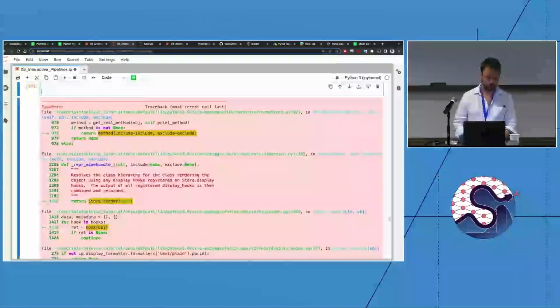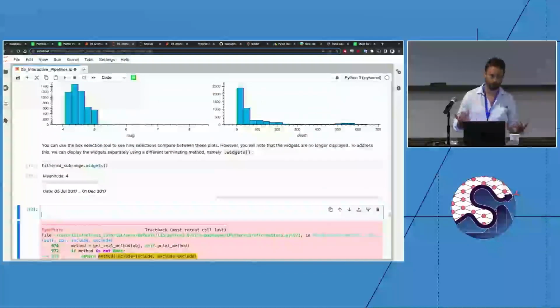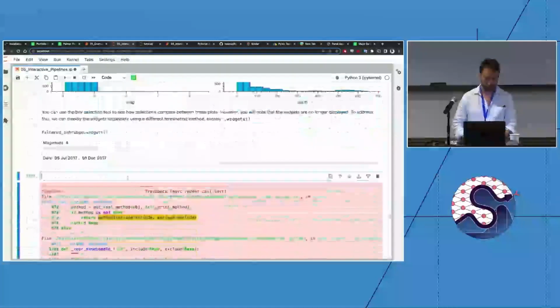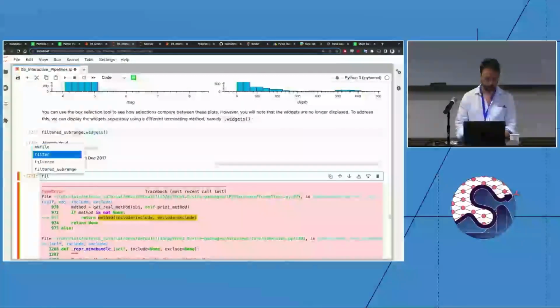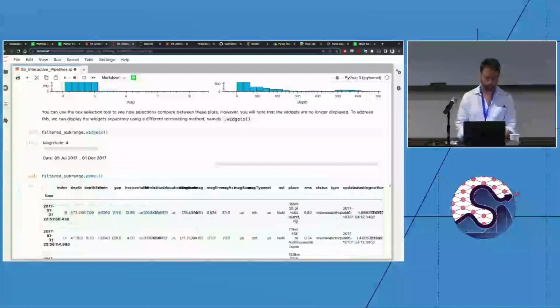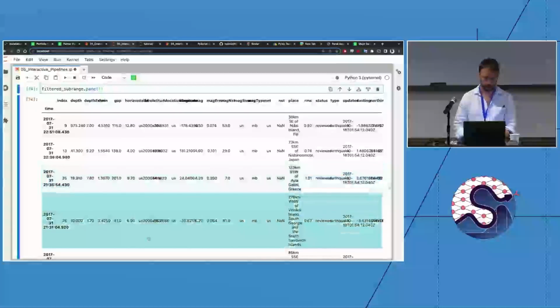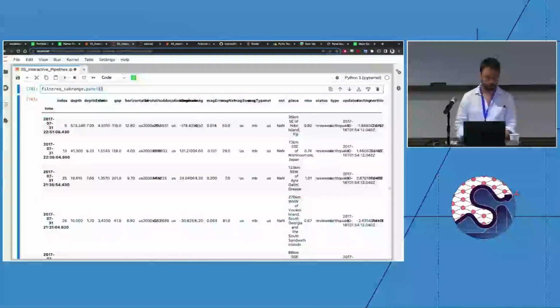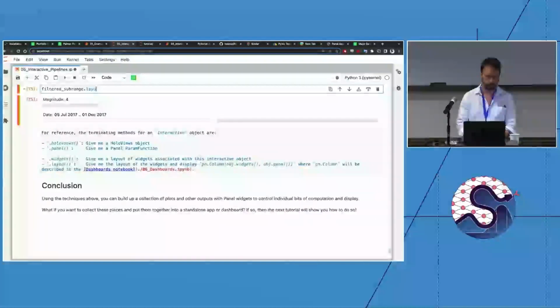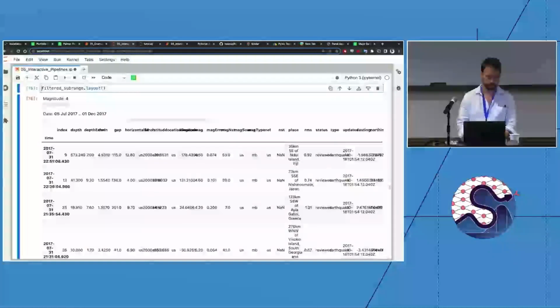Oh, okay. No, you can't. If the output of your pipeline isn't a HoloViz object, you can't terminate it as a HoloViz thing. So in this case, filtered subrange, I have two options. I can just give me the panel, kind of the output of this thing, which in this case is a table. Just give me the widgets, or give me the layout of these, and that is